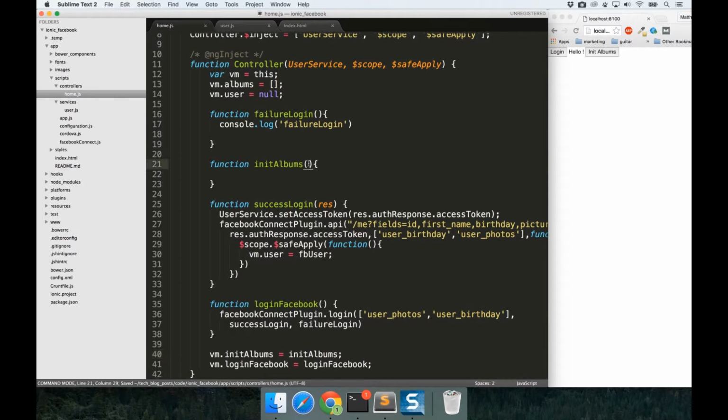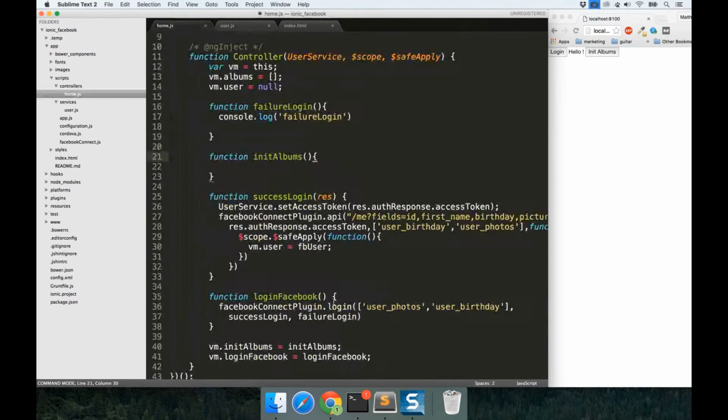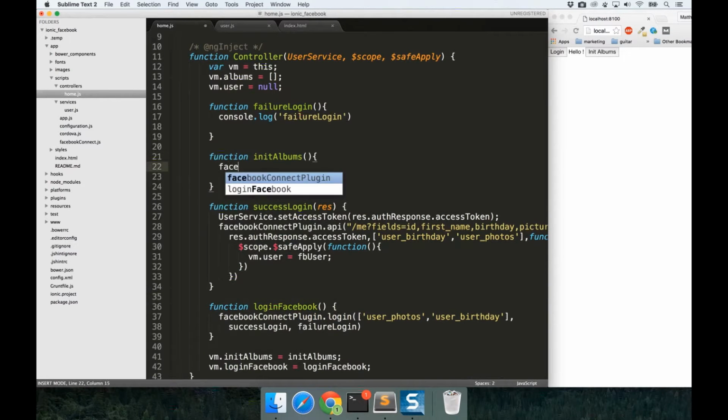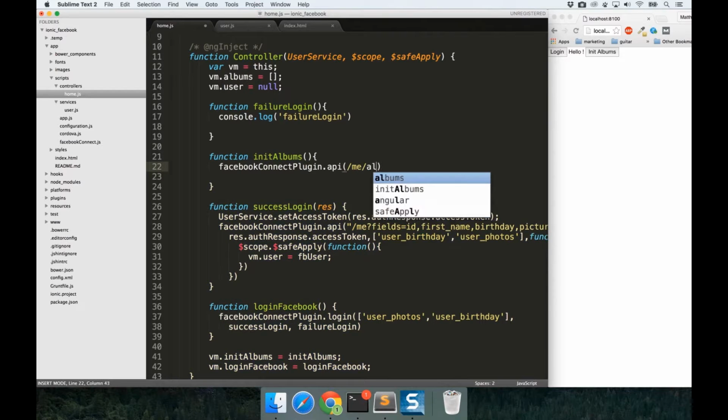Perfect. So we're gonna call it and we're gonna make it. So how we're gonna make it is we're gonna just use our Facebook Connect plugin with the API. We're gonna then go with some /me/albums,